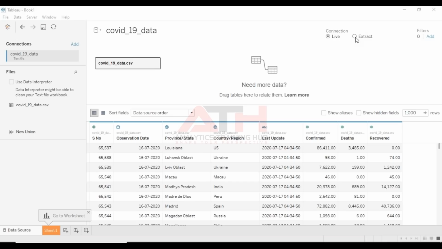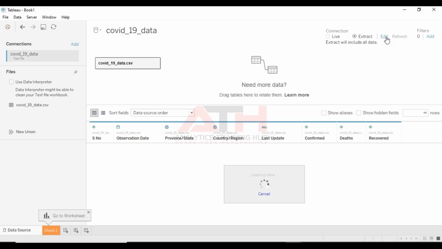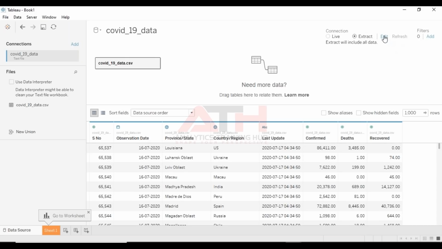It again depends on us how we want to do it, or what number of rows or columns we want for building our visualization. In this case, I'll be showing you how to follow the extract as well, so we'll work with the extract. We'll select the extract here, and we can see Tableau is creating an extract, but we'll edit it according to our needs.